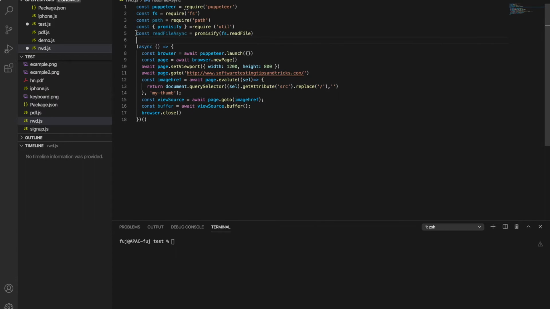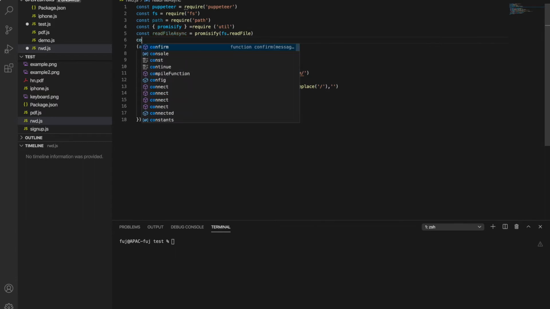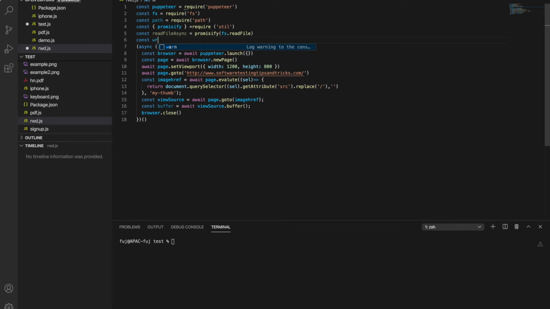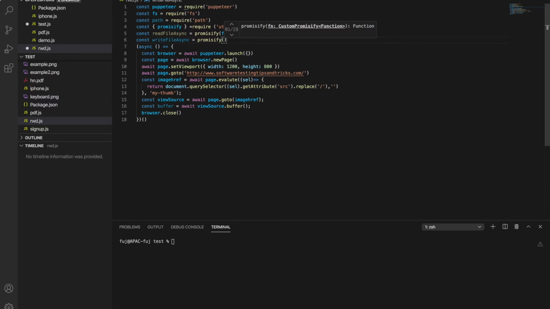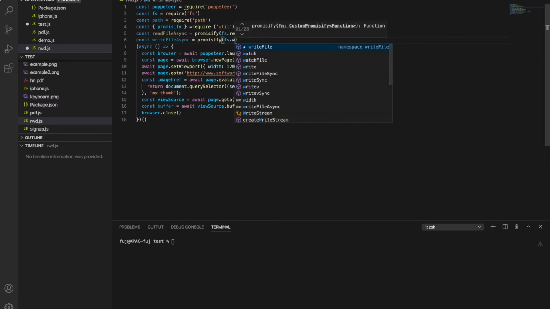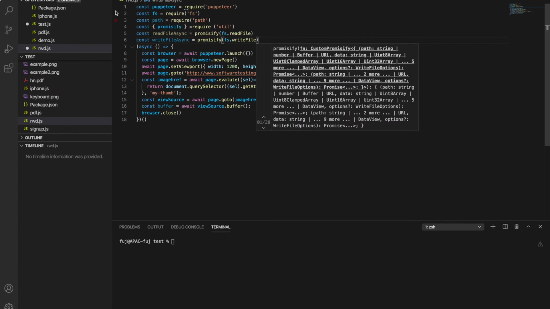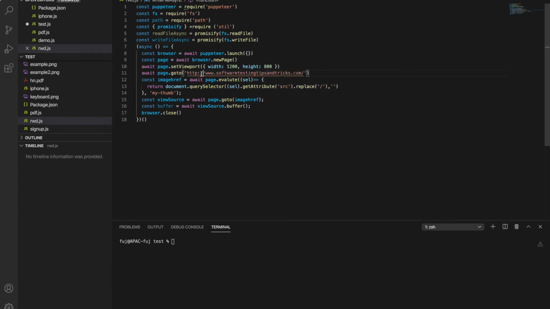The same way I will do it for write file. Now we have read file async and write file async.